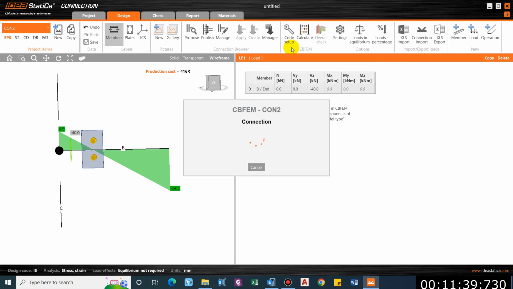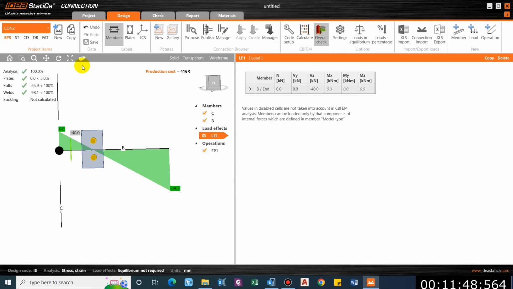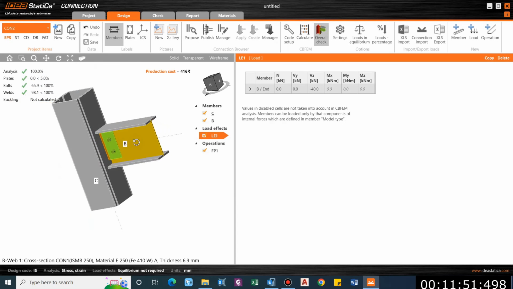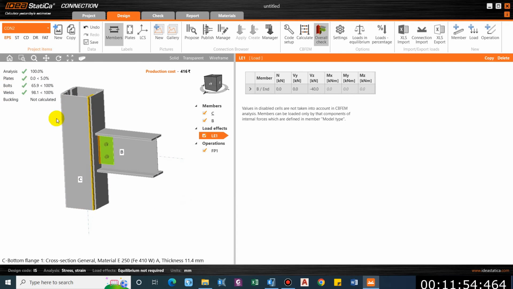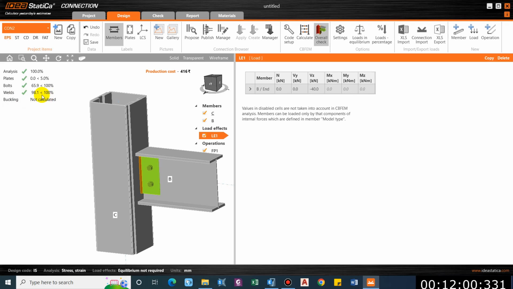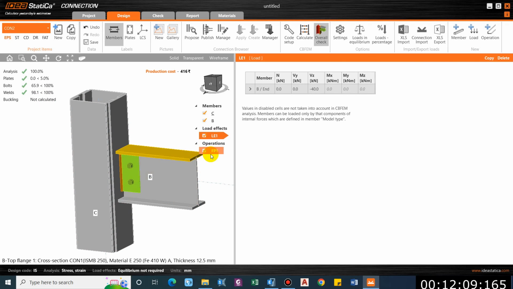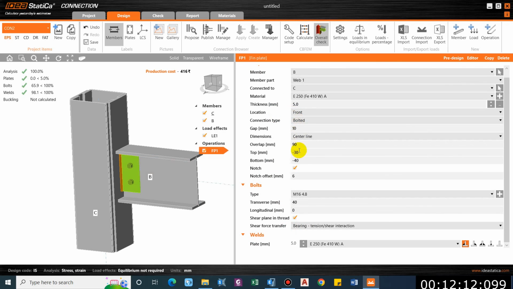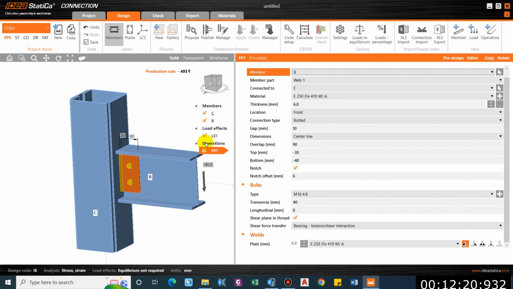Now let us calculate. So the capacity utilization of the bolt is 98.1, which is slightly less than the 100 permissible value. So we can increase the size of the weld to be on the safer side. So let us use a fin plate of size 6 mm and weld of 6 mm. Then